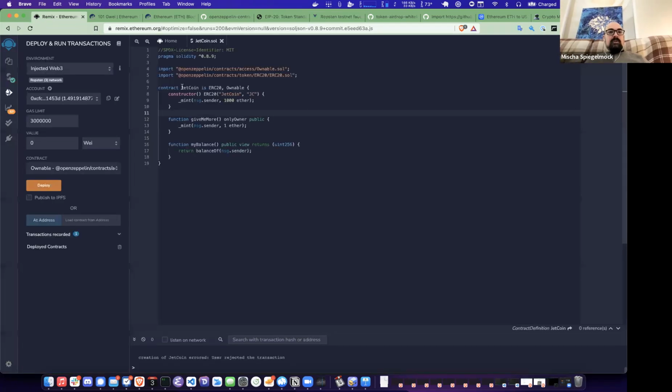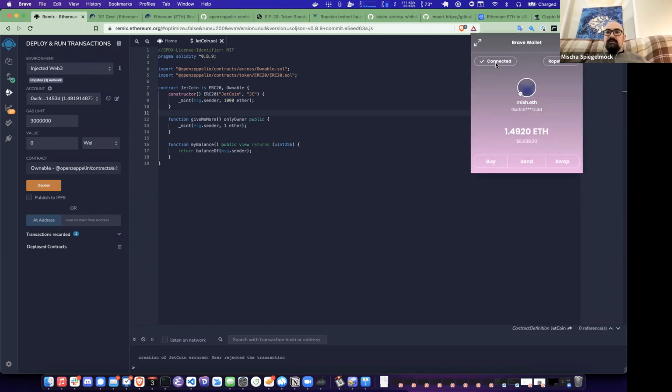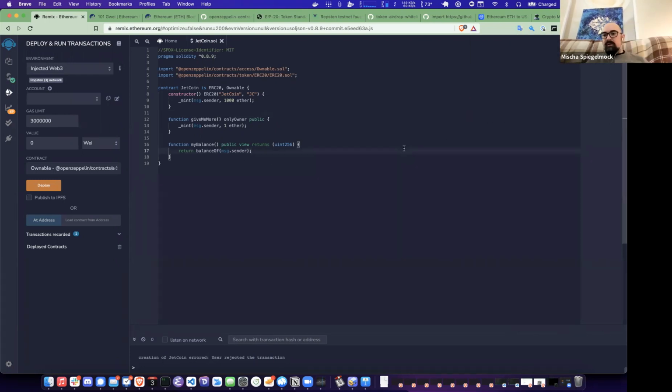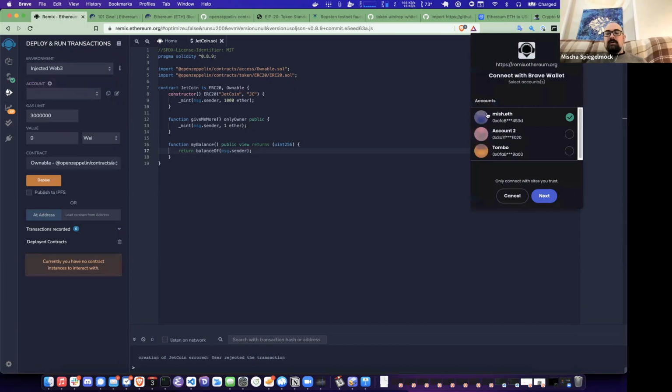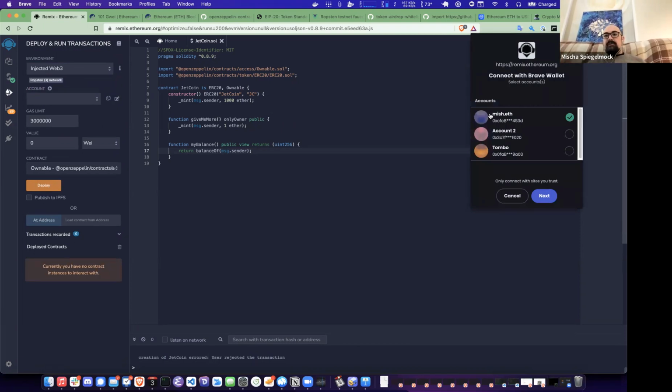Okay, so what I can do, let me just disconnect this so you can see the process. So I'm going to disconnect. If you have a wallet in your browser, you can go ahead and connect up to a web page. There's a number of JavaScript wrappers for this. They usually use, I wouldn't call it a standard, but a kind of interface called Web3. And that lets you connect your wallet, and it can be a browser extension. It can be a physical wallet. There's a number of different wallets out there. It'll connect basically through a protocol, your wallet to the browser. And then inside the browser, you can call contracts. You can do whatever you want on that network.